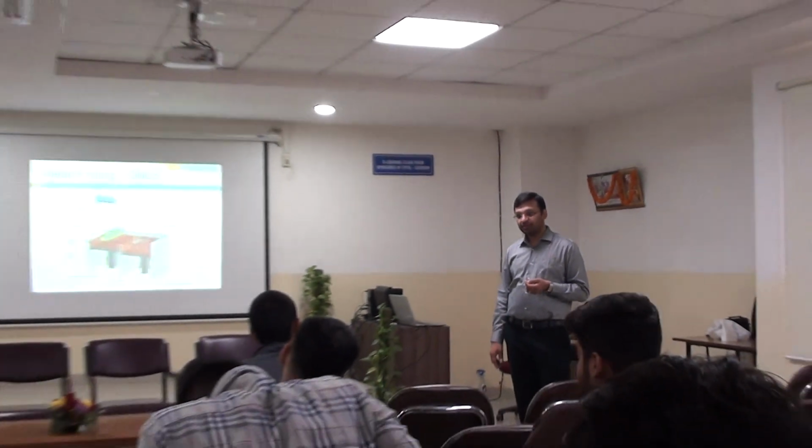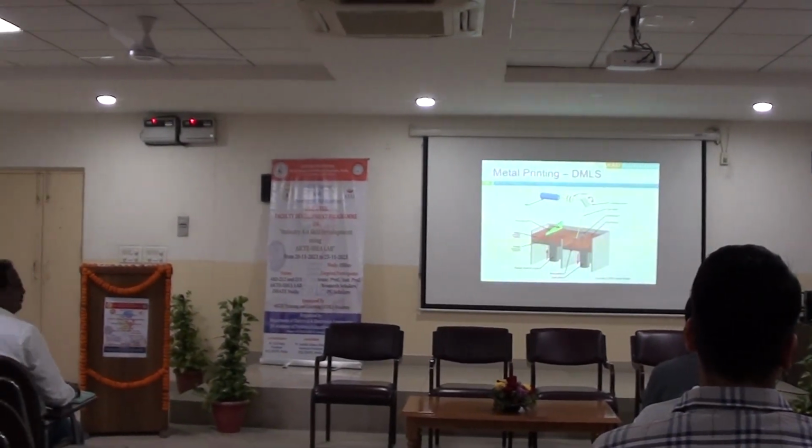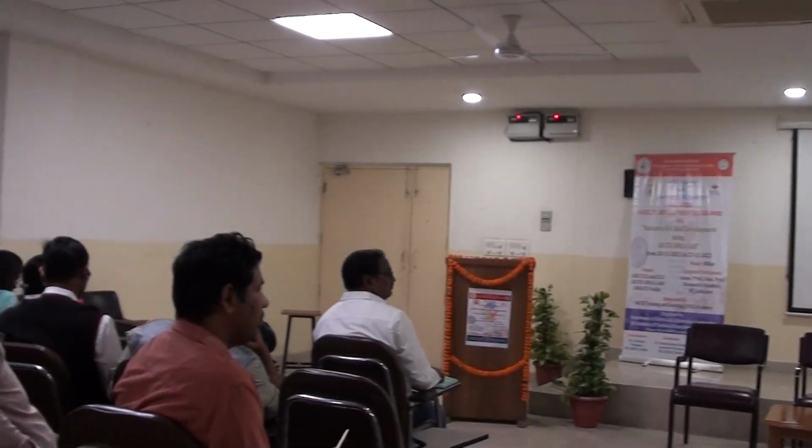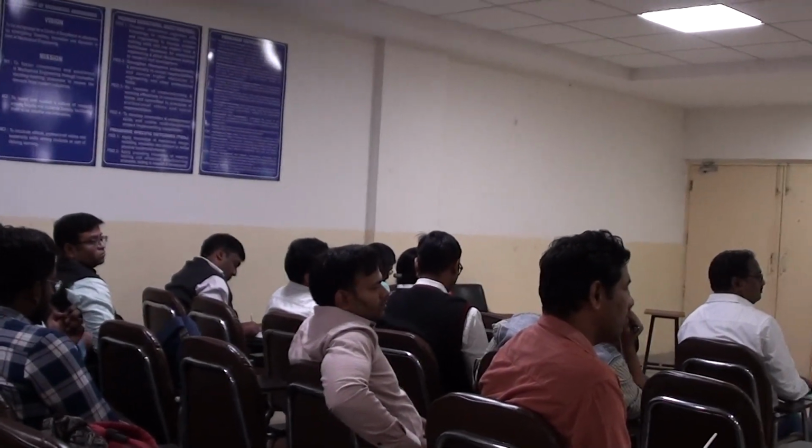The mechanism in SLS and DMLS is the same. Here also there is melting and sintering. There is also melting and sintering, right? And that is why different printers are manufactured, because people have not been able to use the same printer for multiple applications. Probably going forward,